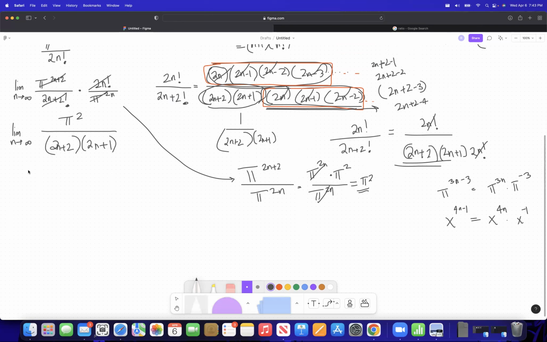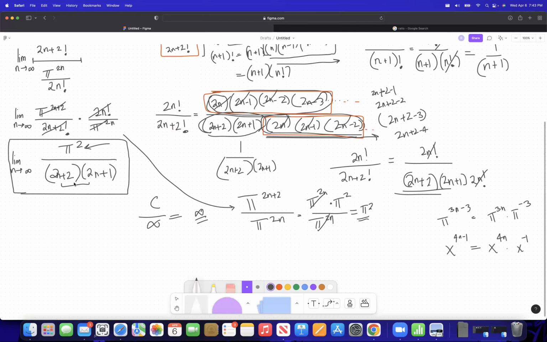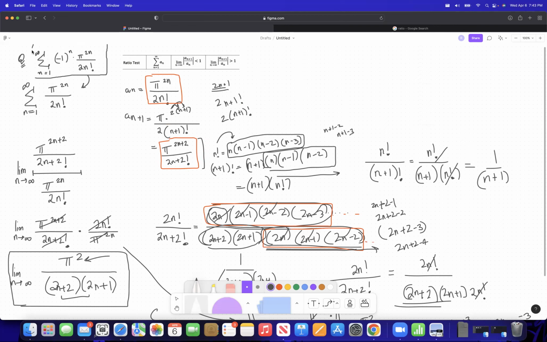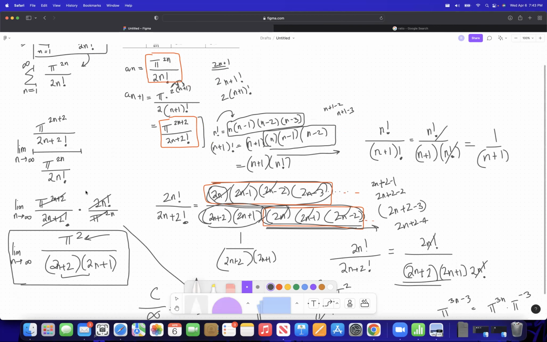So that's the idea. Now you could FOIL this out, but it doesn't take too much guesswork to see what's going to happen here. We have a constant in the top, and once you FOIL this out, you'll have like 4n squared something something something. You'll have a polynomial. So the denominator actually has a greater power. So you have a constant over infinity, kind of, which we know is infinity, right? So the whole thing goes to infinity, and therefore the series, this series here, diverges by the ratio